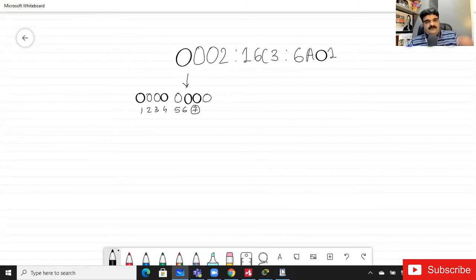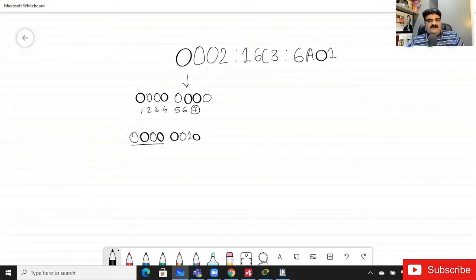And if you want to convert this into the 64-bit format, you have to alter this bit from 0 to 1. So it will be 0000, and then 0010. The decimal of the first 0 will be 0, and the decimal of this will be 2.